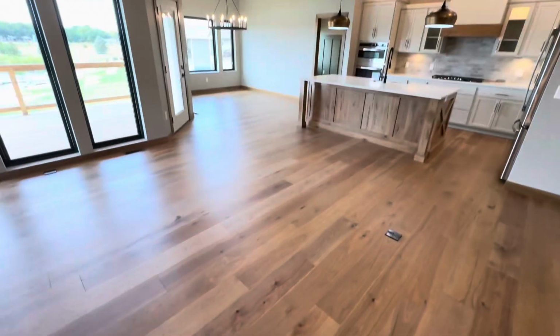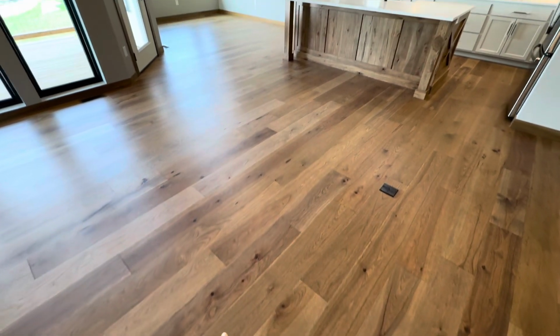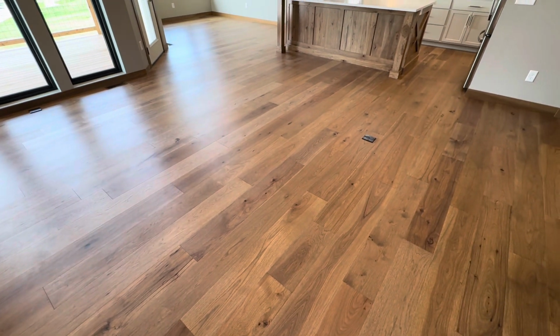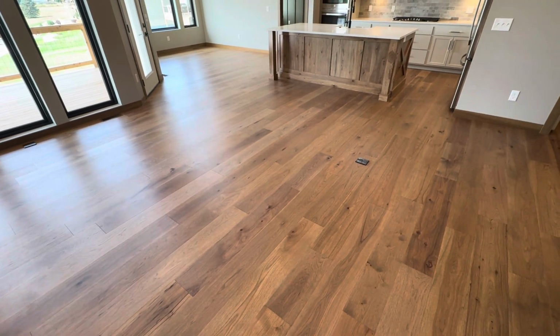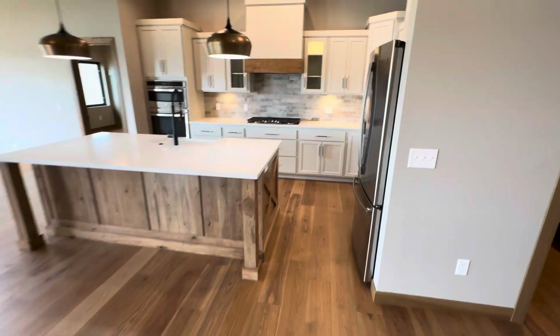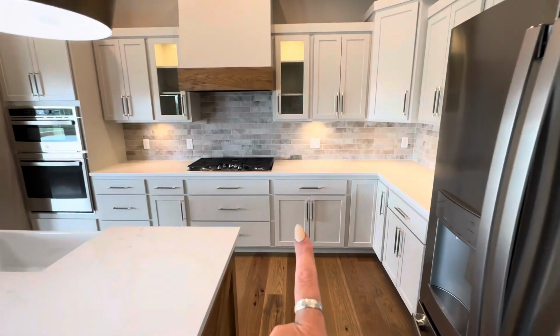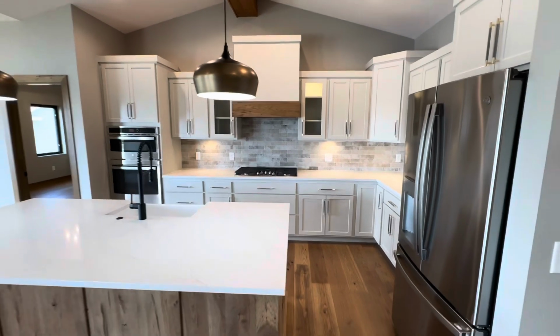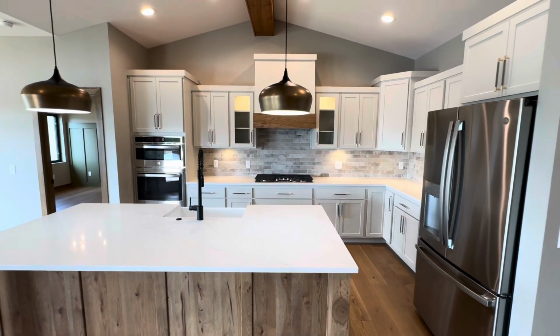And one of my absolute favorite things is this flooring. On the camera, true colors are a little bit hard to pick up on, but this is just that absolute perfect warm brown. But that being said, you can absolutely go a little gray with it if you wanted to. In fact, this is agreeable gray, even though it kind of looks just like a soft white,